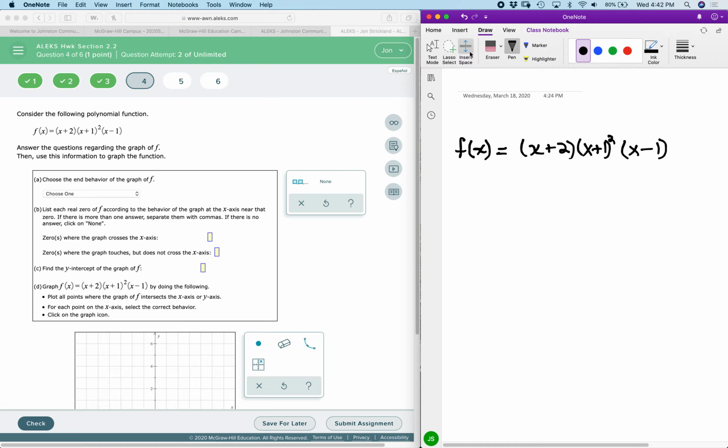Now, starting out, we're looking at the end behavior of the graph of this particular function. And so we have for the leadoff term,